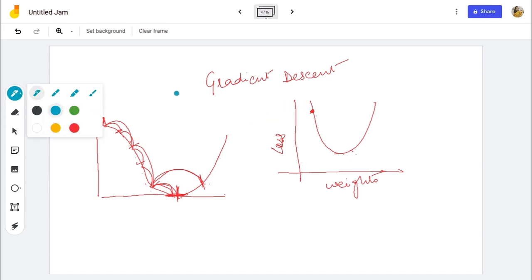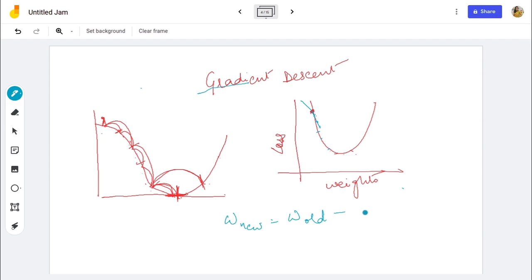So, here also, since you cannot take a lot of steps and suddenly reach here, you have to slowly descend downwards. How will you do that? Like I said, this is known as the gradient descent. So that means you have to measure the gradient at every point and then reduce it from the weights. So that means, suppose you have weights, new weights will be equal to old weights minus this gradient. So gradient means the slope, and you can calculate the slope by differentiation.